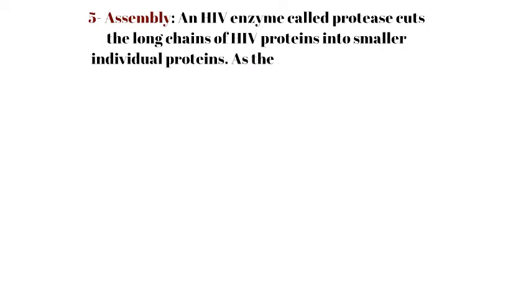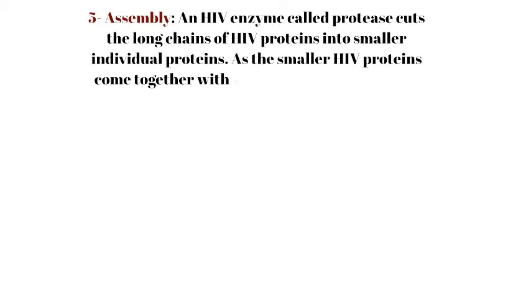Of course, these smaller proteins are going to come together with the copies of the HIV RNA so that they form a new virus, or a new virus particle can be assembled. So they pick up all those parts that are needed for the new virus to be formed. So once this has happened, we move on to